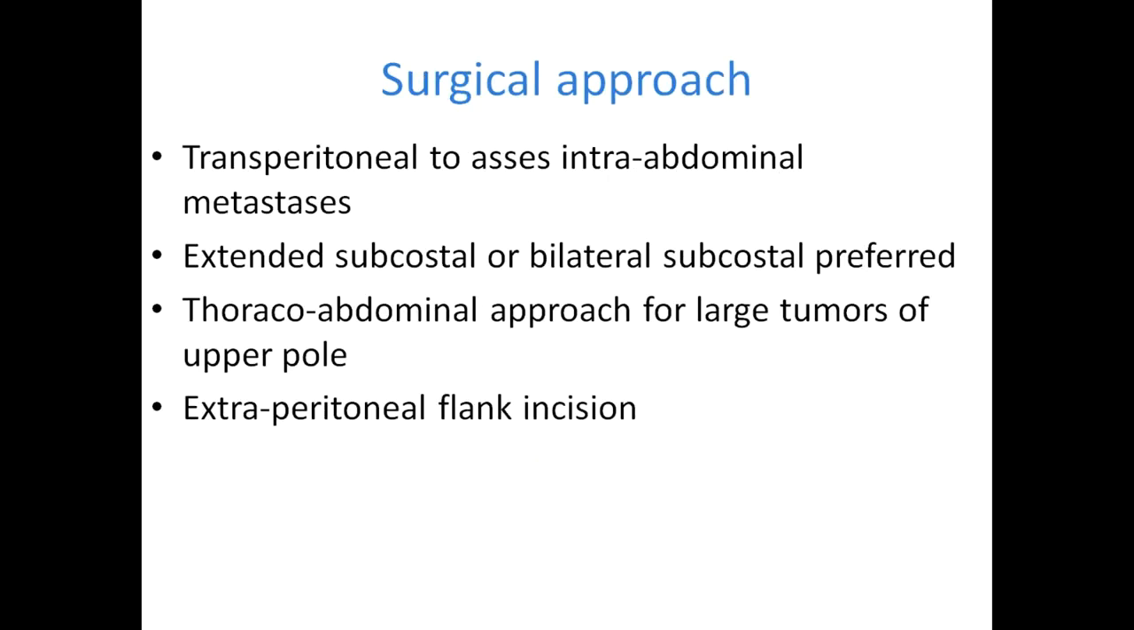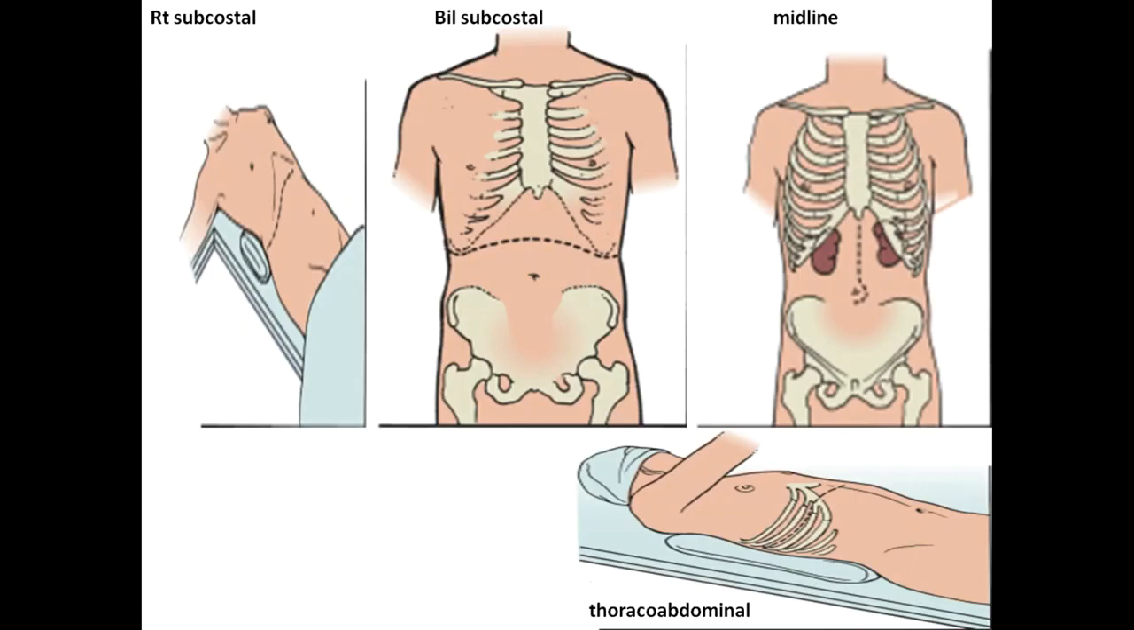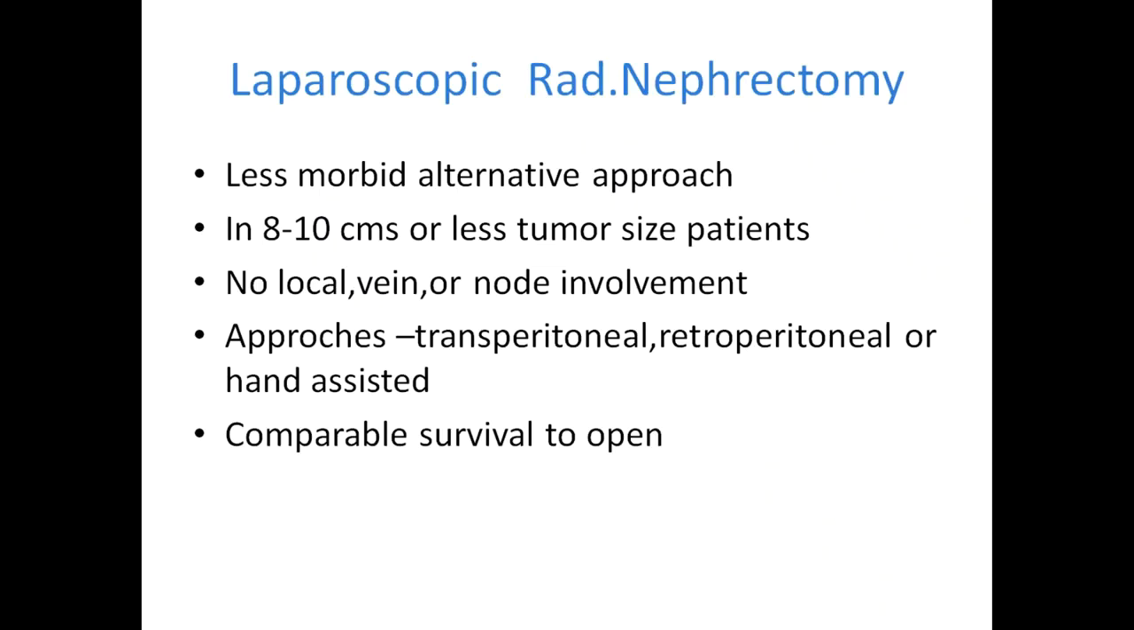Then the surgical approach: there are various approaches. Transperitoneal, to assess the intra-abdominal organs, through an extended subcostal or bilateral subcostal incision, a thoracoabdominal approach, or an extraperitoneal flank incision. Then the subcostal, bilateral subcostal, midline, and thoracoabdominal approaches. All approaches are possible, even laparoscopically. You can remove it, especially with a